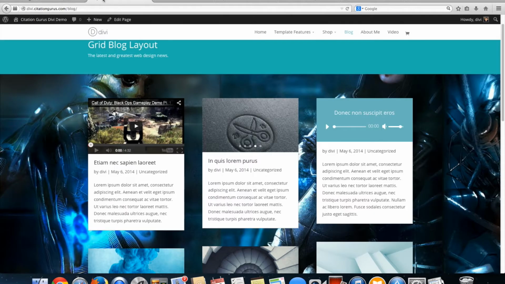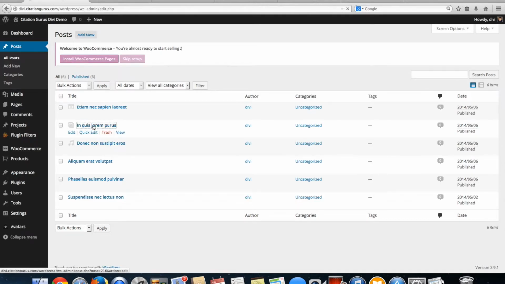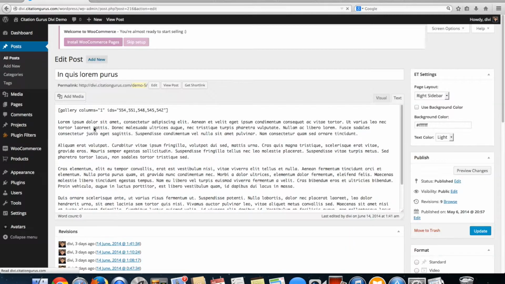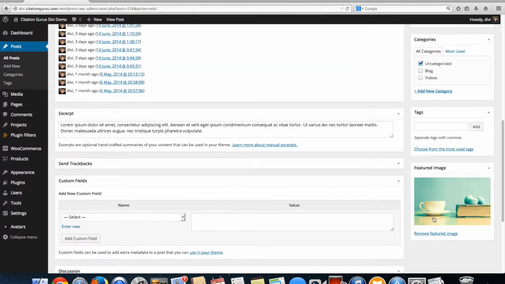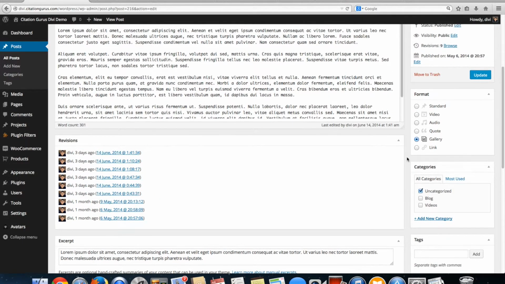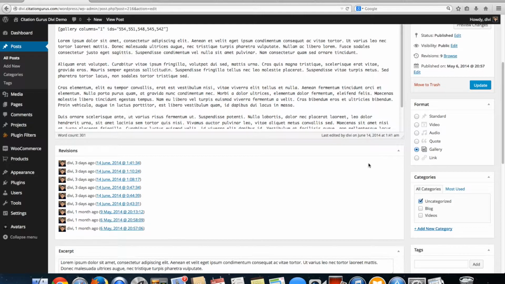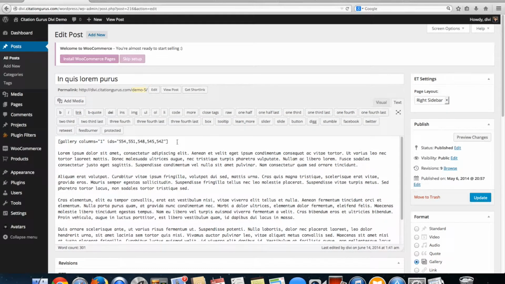The next one, which is the slider, is in this one here. So we're going to go ahead and do the slider. And one thing I forgot to mention in the previous one, make sure you have a featured image in, because it's going to replace this featured image. It's going to tell it when you switch it to a different style that this is what it needs to replace it with. So with the gallery, you're going to go ahead and choose gallery, come over here into the text section like before. Then you're going to go ahead and say add media,